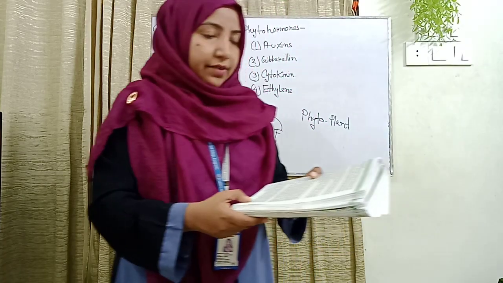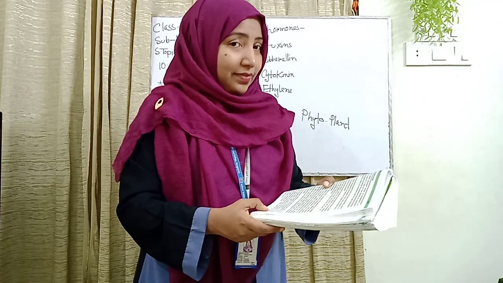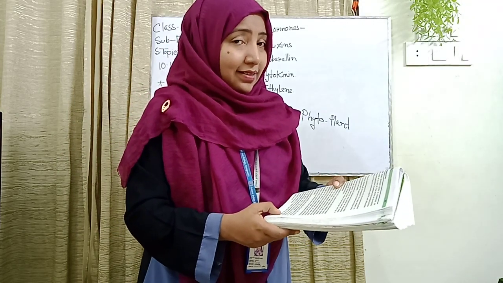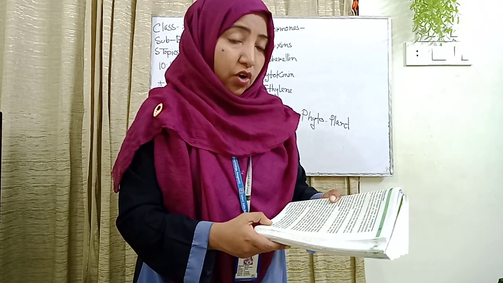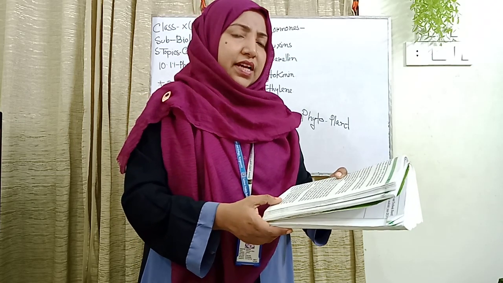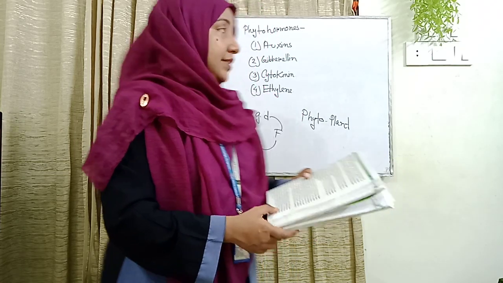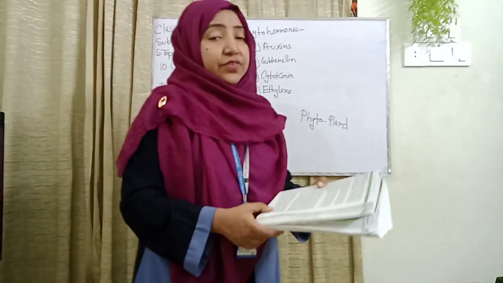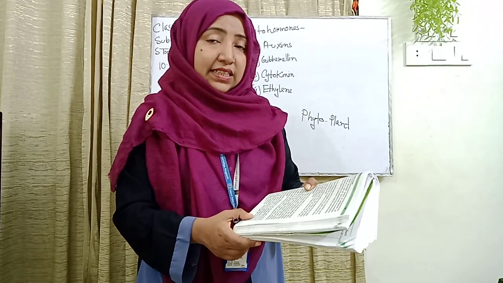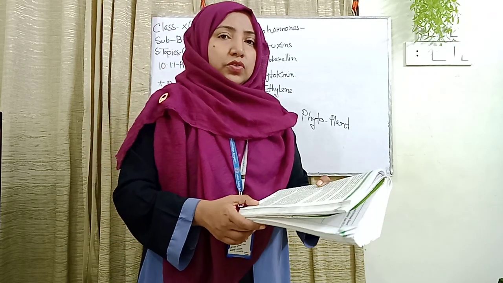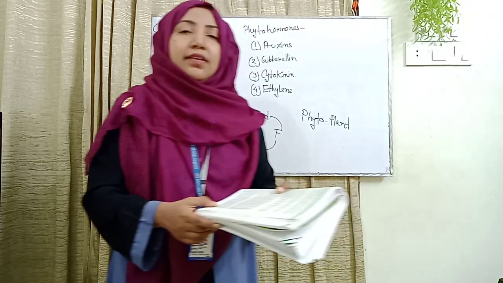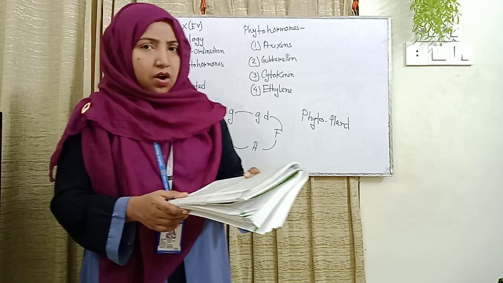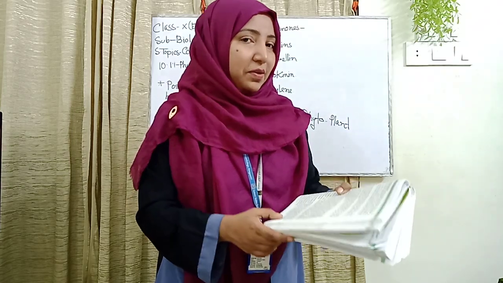Every cell of a plant has the ability to produce hormones. The main natural phytohormones are auxin, gibberellin, cytokinin, ethylene, abscisic acid, etc. The hormones which are usually found in plants are gibberellin, cytokinin and abscisic acid. Hormones are not plant nutrients, but they regulate the activities of the plant.